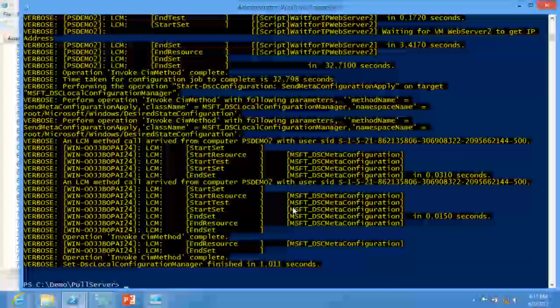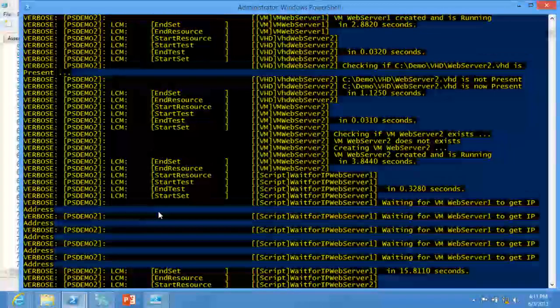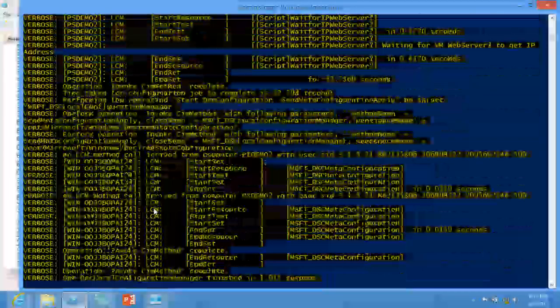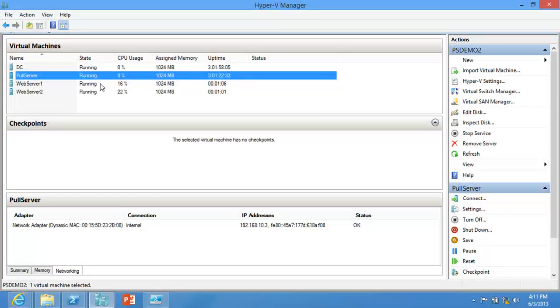All right, finish up mode. So what we've done is I've actually paused it just a little bit because I wanted to show you what's going to occur on the pull server. So I ran the assert after doing a clear screen, or I should have done a clear screen. Anyway, I ran the assert, and it's gone ahead and generated all the MOFs, and it's created, indeed, 2 new VMs, Web Server 1, Web Server 2. I cleared them out before. We didn't show you that part. We just cleared them out before and started again. Now, those things are kind of paused.